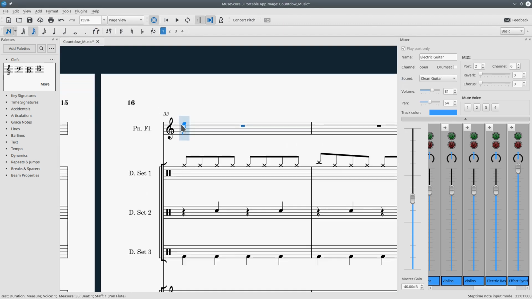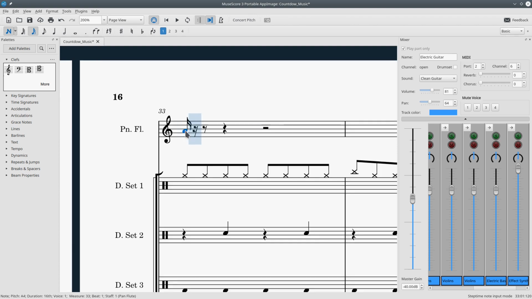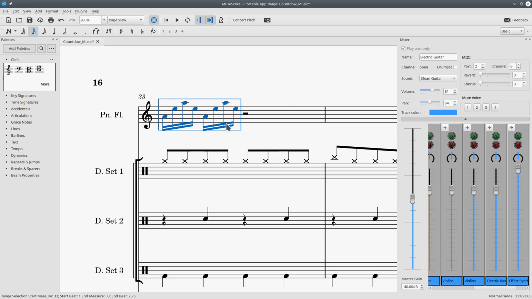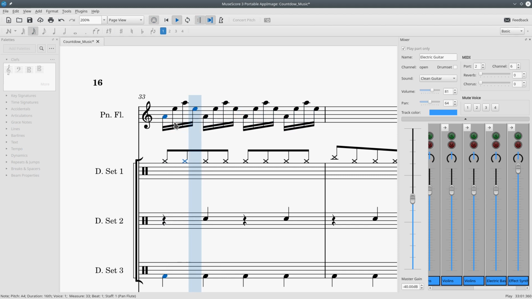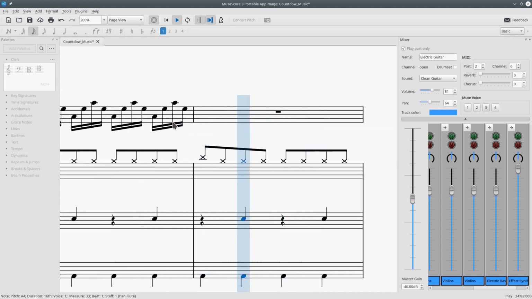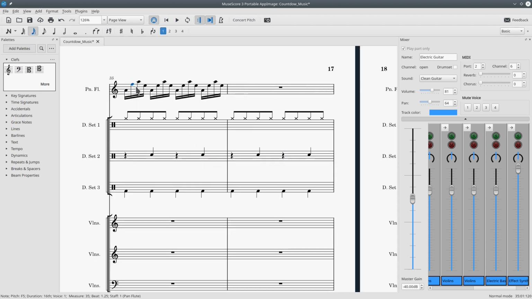Okay, so the pan flute goes this way. Let's copy this here 4 times. Now let's modify this a little bit.